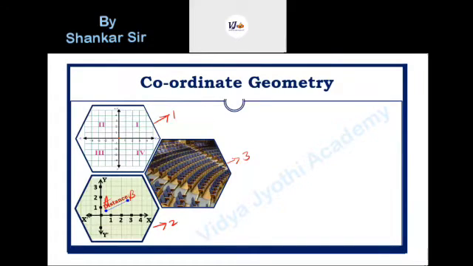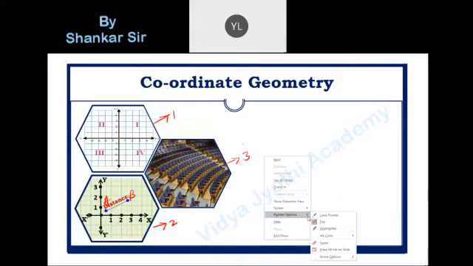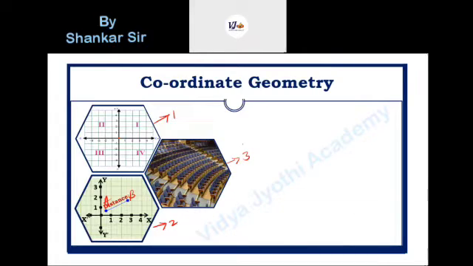The third picture is related to a real life example. Students, what is this picture? A cinema hall. Yes, it is a theater, with rows of chairs placed in it. Why have I given this picture? I will tell you the reason. Normally in a theater your seat number will be like this, D4. So what is the meaning of this?